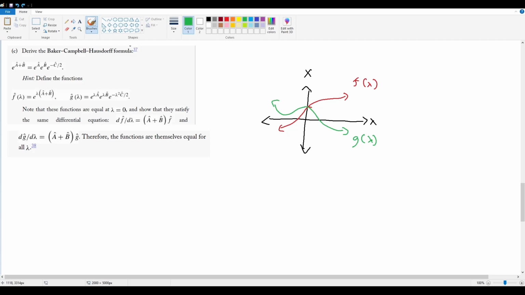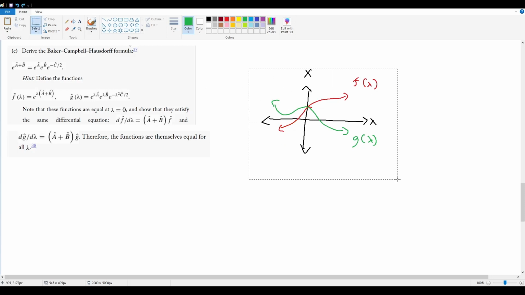Now, if their derivatives are also equal in the fact that this derivative of f is equal to this ratio a hat plus b hat multiplied by itself, and similarly this thing has the same ratio a hat plus b hat on itself. This means that they both change proportionally to their own value with sort of this modulating factor at the front. If the modulating factor is equal, and also these two functions are initially equal at lambda equals 0, this means that as you go out from lambda equals 0, g of lambda and f of lambda both have to vary in the exact same way. So because of that, by necessity, these two functions will be equal for all lambda. So this g of lambda is actually exactly the same as f of lambda in the end as a result